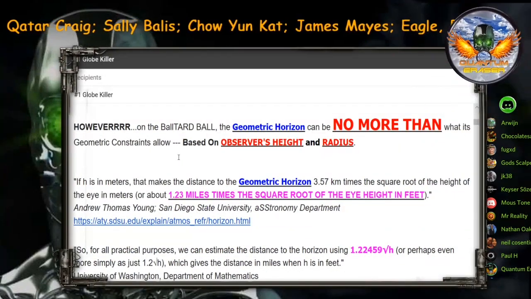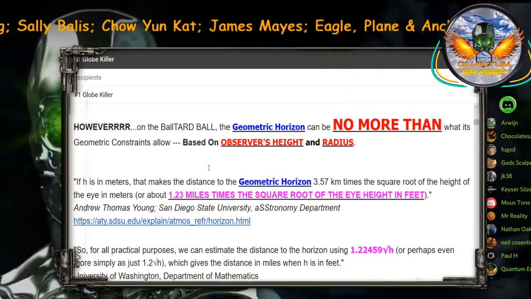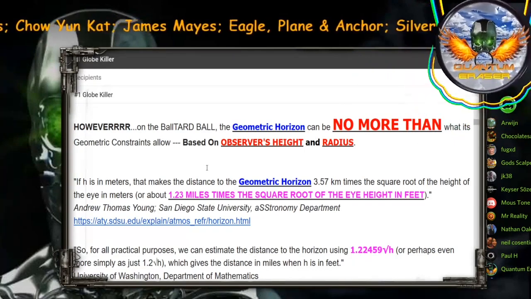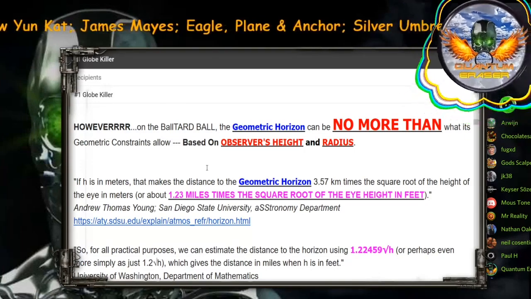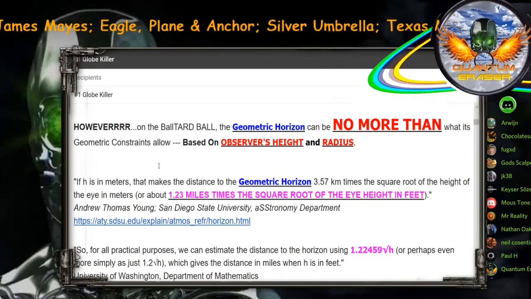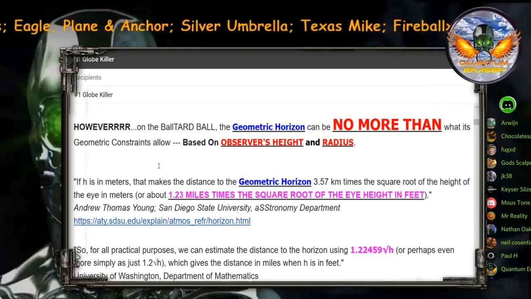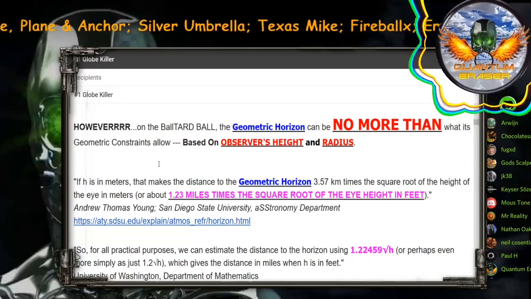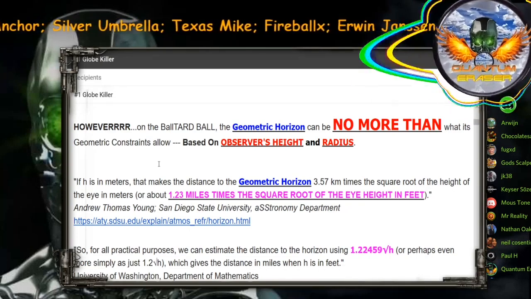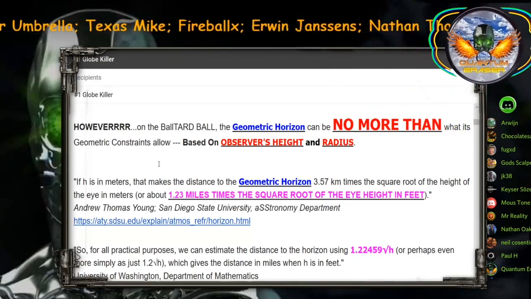Like I just said, however, on the ball-tarred ball, the geometrical horizon can be no more than what its geometric constraints allow. Very simple. It's based on the observer's height, and in this particular case, the radius that's given to us. So let's take a look at Andrew Thomas Young, the subject matter expert, San Diego State University. If h is in meters, that makes the distance to the geometric horizon 3.57 kilometers times the square root of the height of the eye in meters, or about 1.23 miles times the square root of the eye height